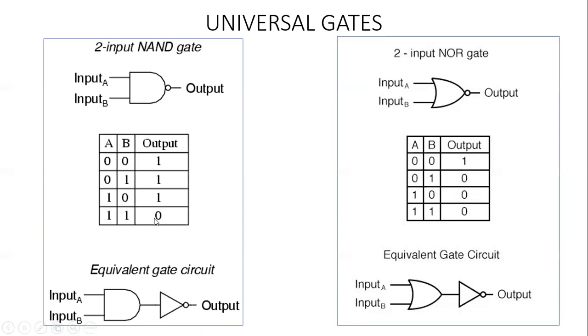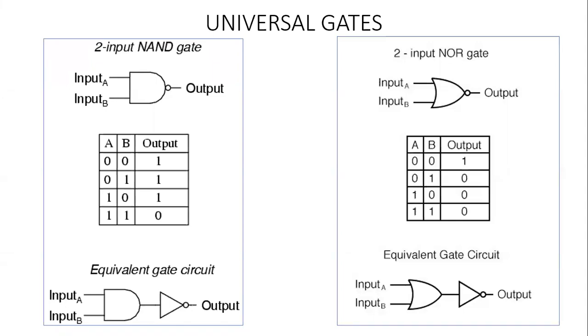So how to remember the NAND gate's truth table? Remember the AND gate. How will you remember the AND gate? With the help of multiplication. We know anything multiplied by 0 will give you 0. So only when both inputs are 1, you will get the output. For the rest, it will be 0. With that, you will remember the AND gate. Now, the NAND gate is just the reverse of that. So naturally, you will just put a NOT gate, a complement, to what you have got in AND, and you will get the truth table for the NAND gate.